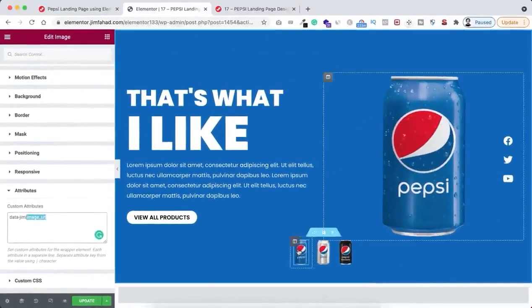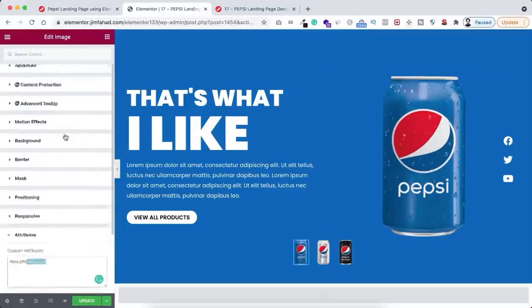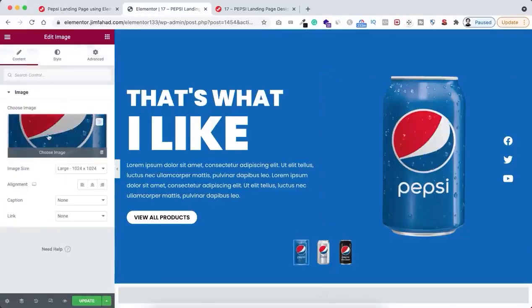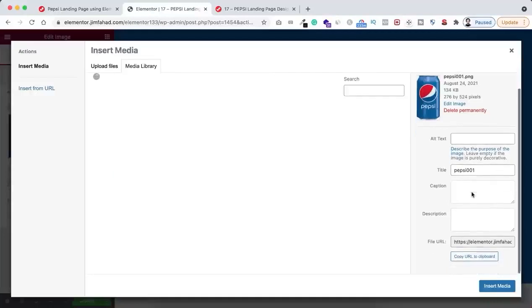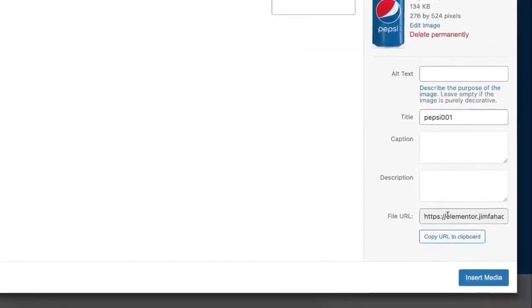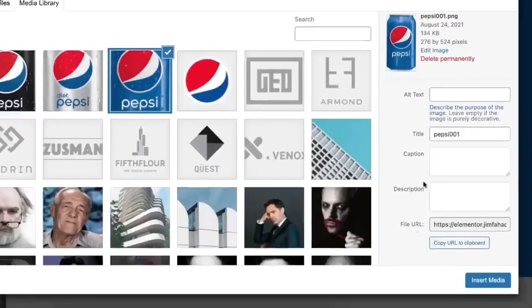Let me make it easier for you. As we are working with the first thumbnail image, to get the link of this image, just click over this image, go under its content tab. If we select the image, then here on the right side, you can see the file URL name. That's basically this image's link. You can copy the link from here, or you can simply click here, copy URL to clipboard,